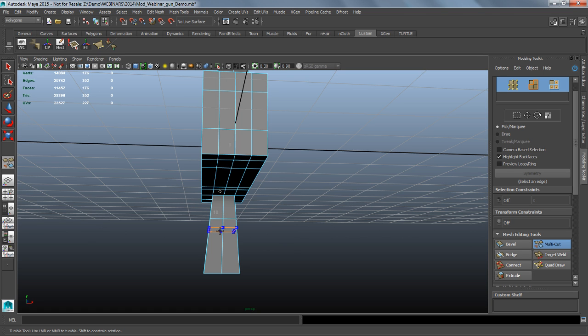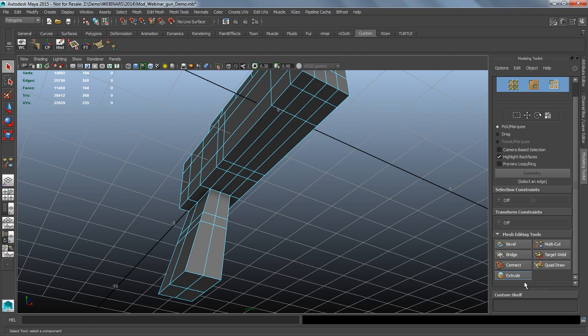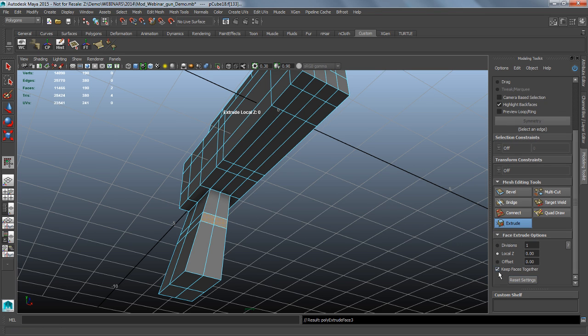Going to insert in a bit of some faces on there. Now I want to keep these guys in a little bit. So this is where I'm going to grab a couple of faces. Go to my extrude tool. I want to reset that and not keep faces together. So this way, what I'm going to do is bring in the offset and work with this in a bit